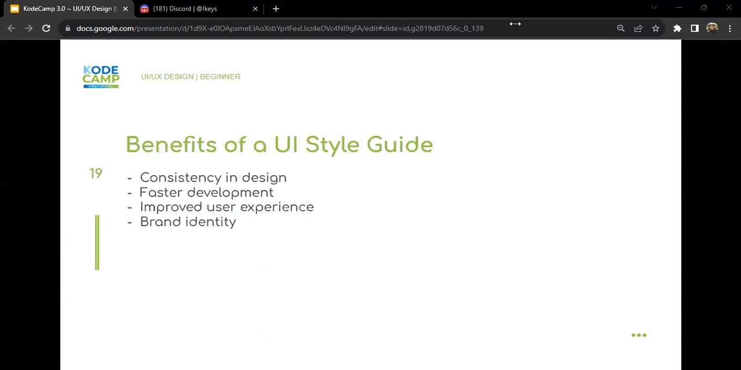Now, what's the benefit of a UI style guide? Number one, it creates consistency in design, helps for faster development, improved user experience, and brand identity. This is the benefit of a UI style guide: consistency, faster development, improved user experience, and also brand identity. So that's that for the UI style guide. And like I said, we're going to go into Figma and run all of this from top to bottom. But before we do,